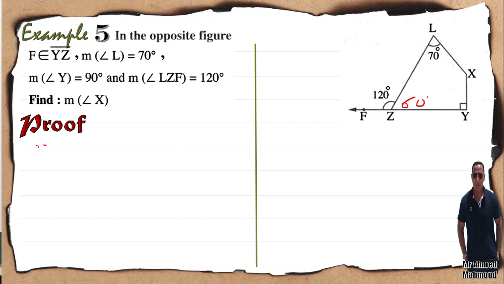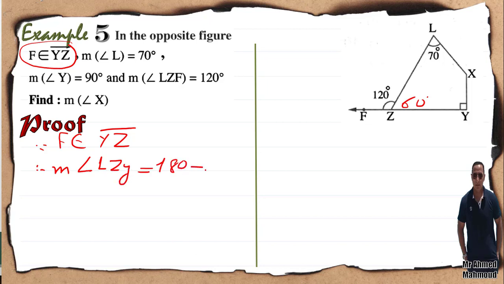So since F belongs to YZ, therefore measure of angle LZY equals 180 minus 120 equals